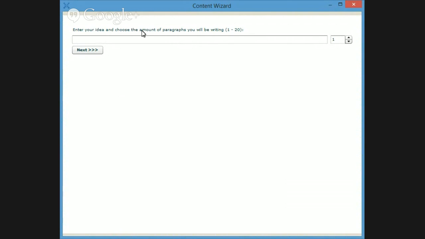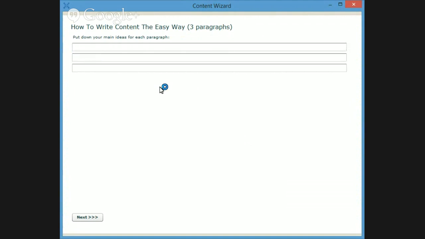It says enter your idea and choose the amount of paragraphs you want to write. Well, my idea would be how to write content the easy way. And then we'll say 3 paragraphs and click next.